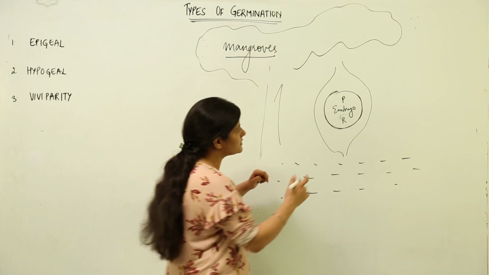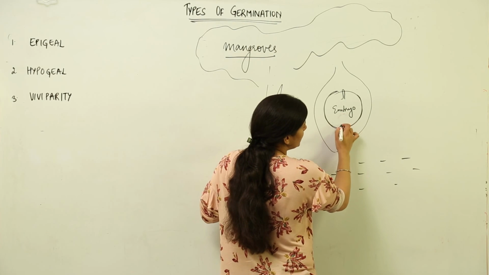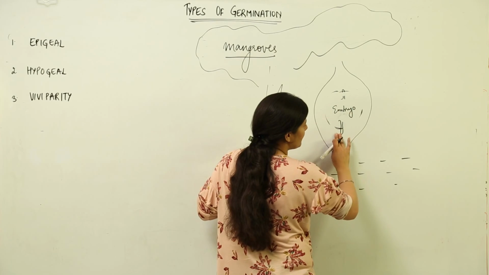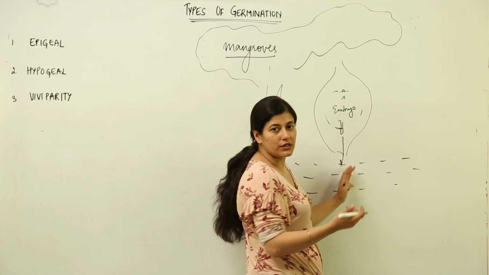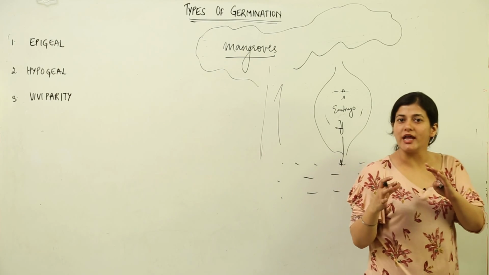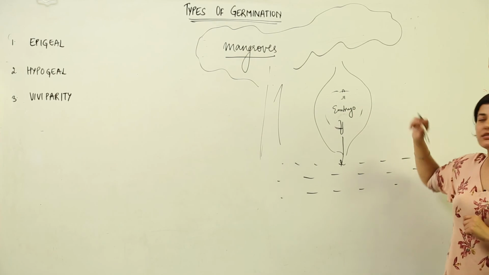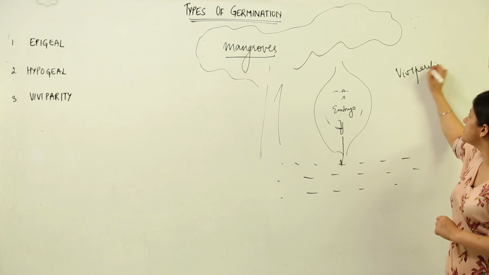So what the plant does is, this embryo starts growing, the plumule starts growing, the radicle starts growing, they break the seed coat, they come out of the fruit, and what is going to fall down in the water is a new plantlet. So germination has taken place on the parent plant only. That is why it is known as viviparous. Viviparity or the plants are known as viviparous.